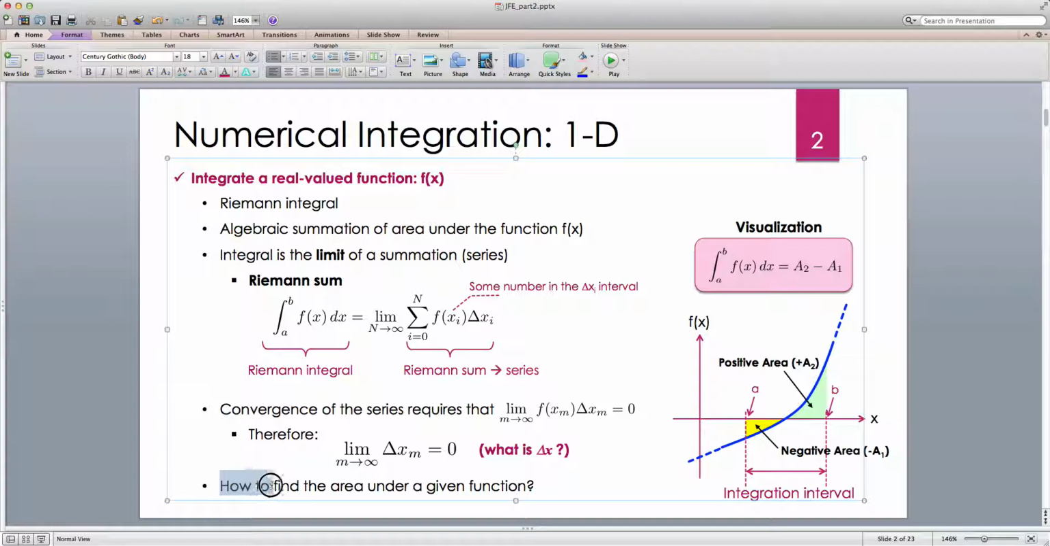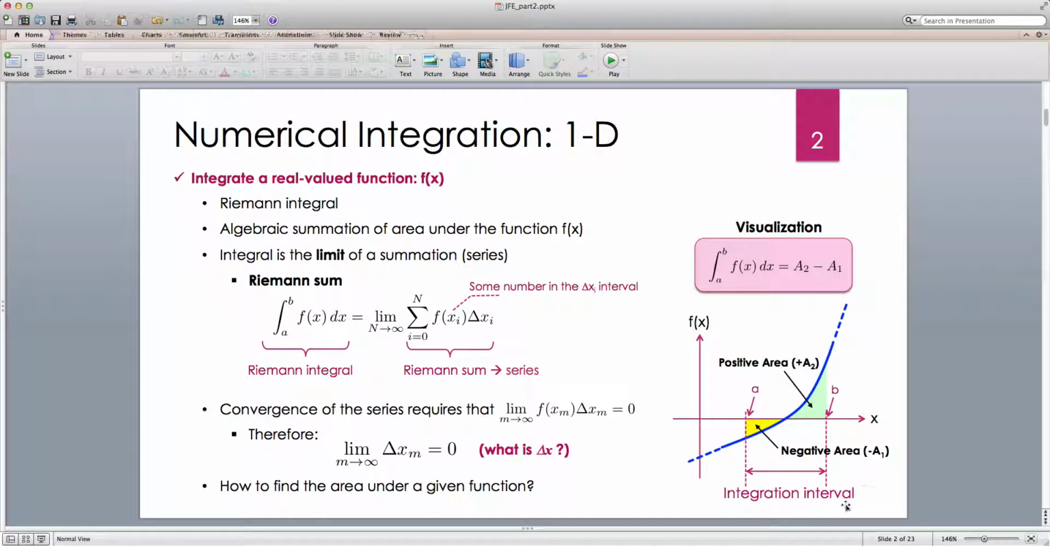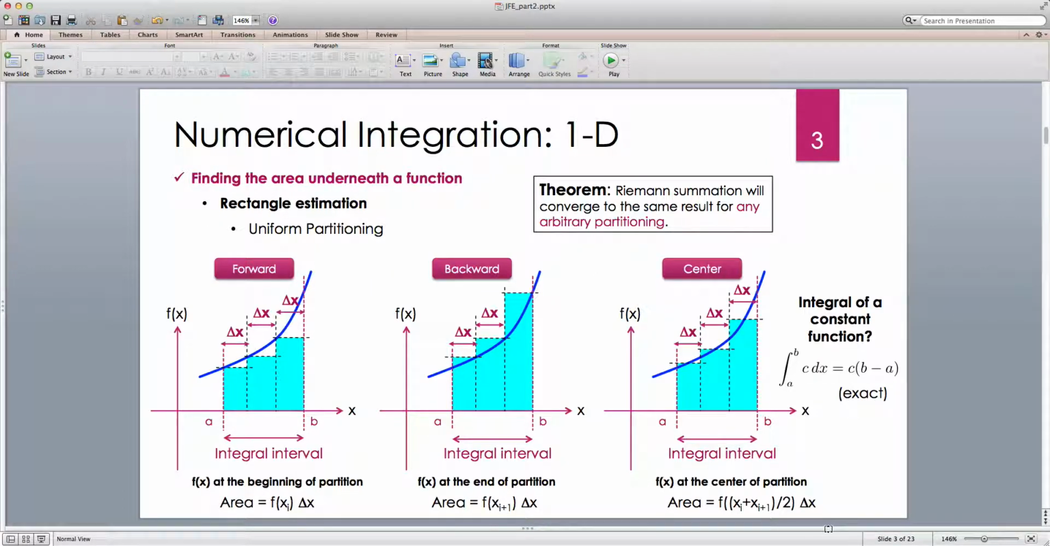Now the question is, how do we find the area under a given function, or how do we find the integral? And the answer is, we should form this Riemann summation or Riemann series. Now there are different methods to do this kind of summation. One is the rectangle estimation or rectangle method,